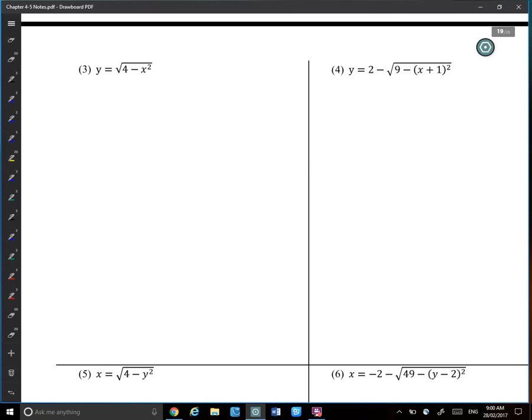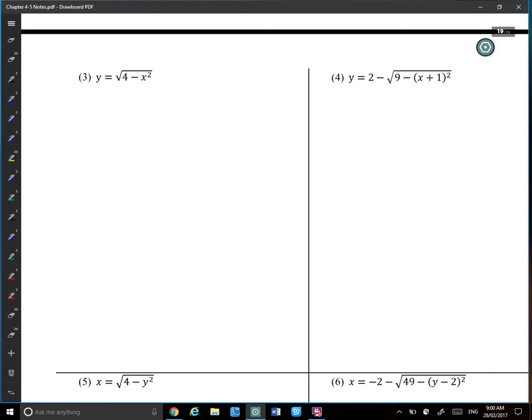Let's look at number 4. Just tell me, can you tell the difference between a square root function and a half circle function? How can you know whether it's a square root function or a half circle function? Like from last year, you know square root looks like the